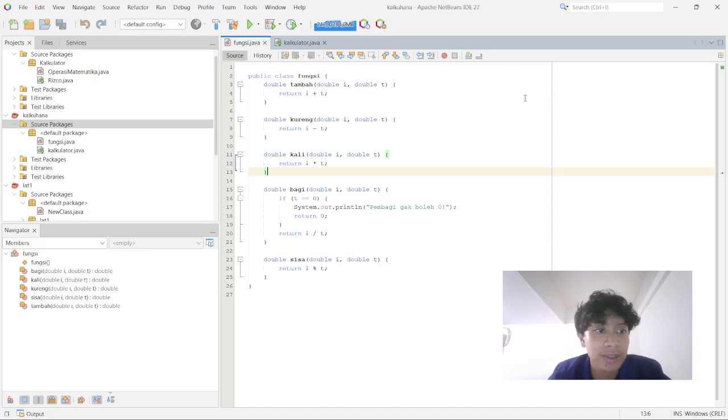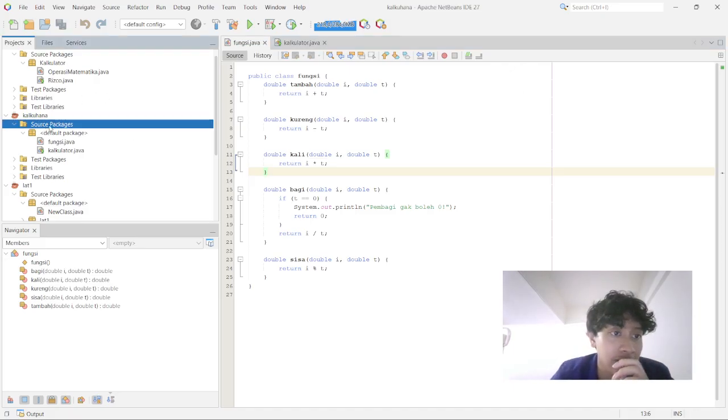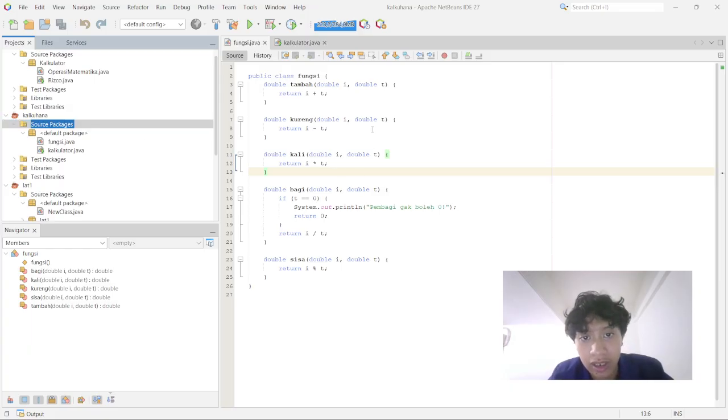Since I already did it, moving on to the source package, click new, and then click Java class. This is to enter the Java supporting class like the function one. It's quite the same, just enter the name of the class and then click finish.